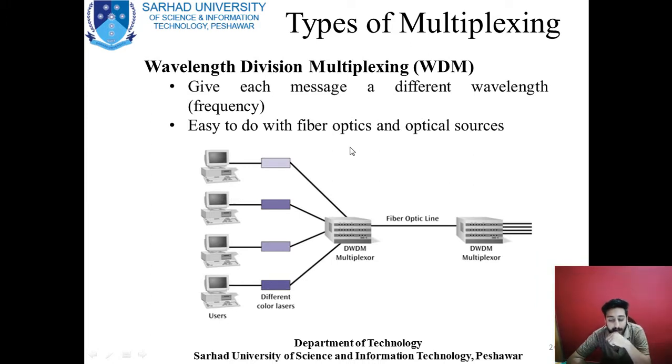Now what is wavelength division multiplexing? This is mostly used in fiber optic communications, where light acts as the carrier. In that scenario, the multiplexer divides the channel into different wavelengths, and each user is allocated a different wavelength, and on that wavelength that user transmits the data. This is mostly used in fiber optics communication, where light is the source. So you can easily understand that wavelength is more understandable in the case of light.